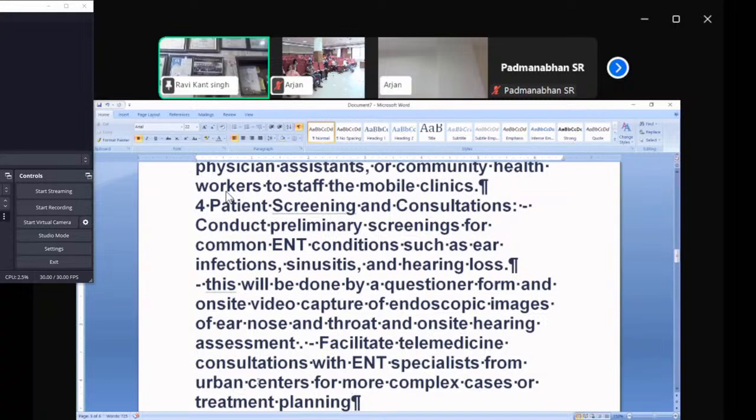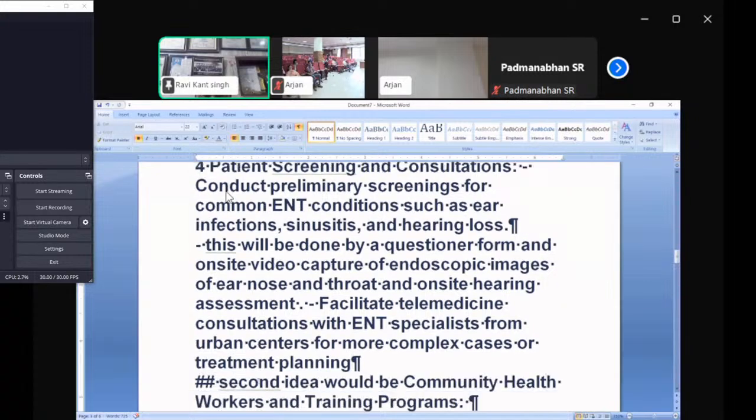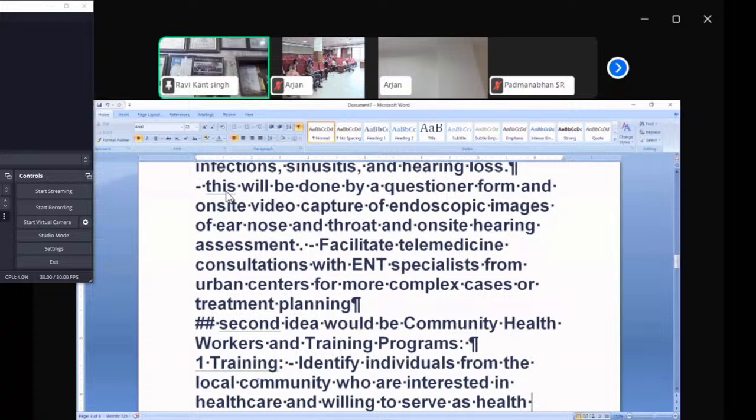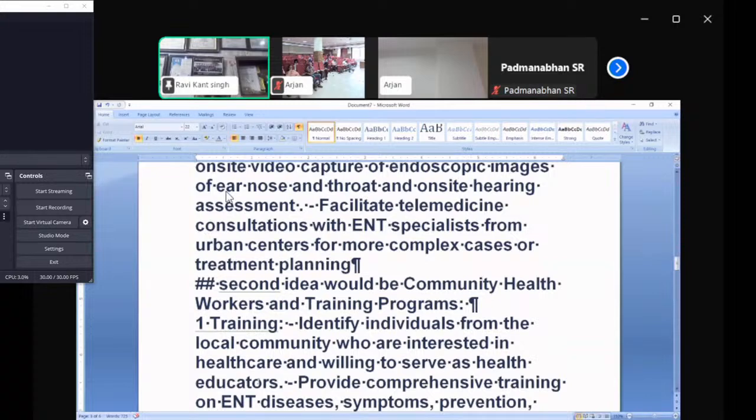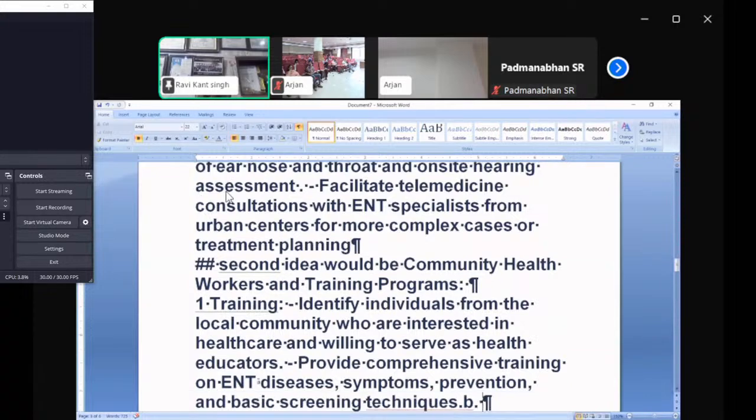We have to facilitate telemedicine consultation with our ENT specialists in the urban center where we are for more complex cases and their treatment planning. Second idea, of course, which we are now working on, is a community health worker training program. For their participation in it, we provide training to local community health workers